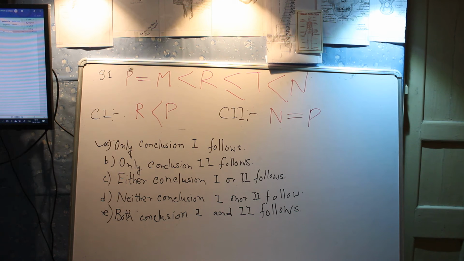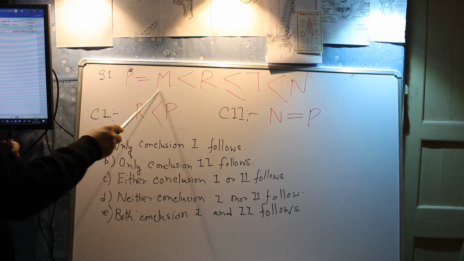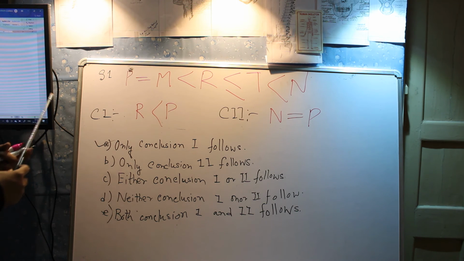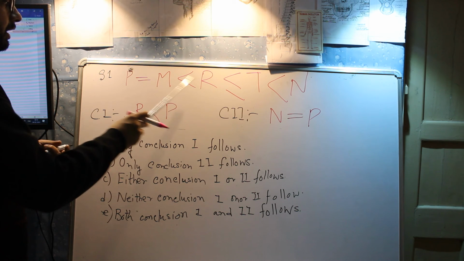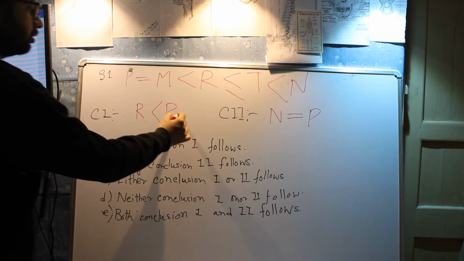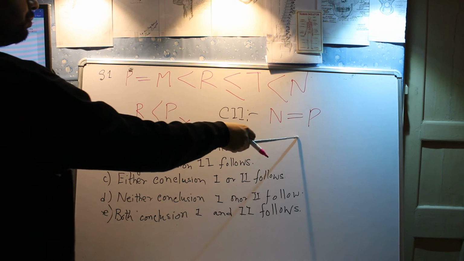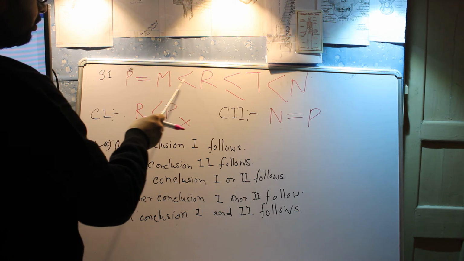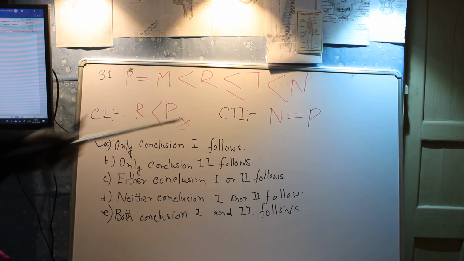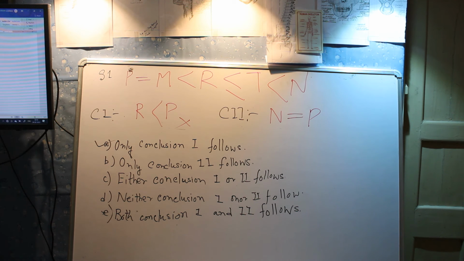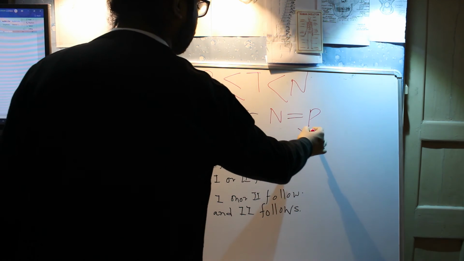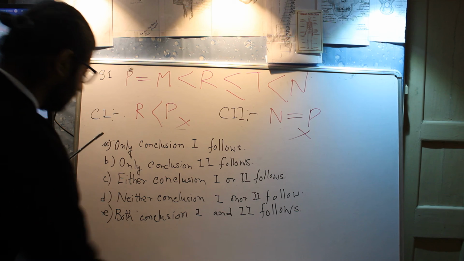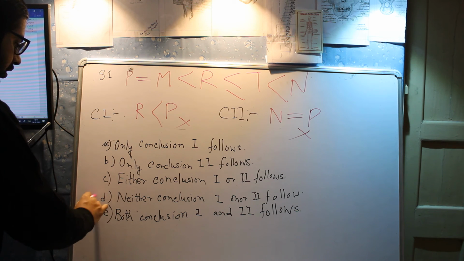P is greater than R. P is equal to M and M is less than R. There is no way P is greater than R. In fact, R is greater than P. So this is wrong. N equals to P. This is N, this is P. N is greater than or equal to T, greater than T. So come to this. No way, there are different signs in between N and P. Right? So this is also wrong. So the only correct one is neither conclusion 1 nor 2